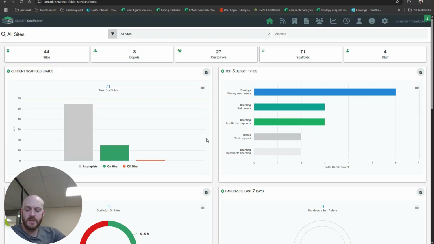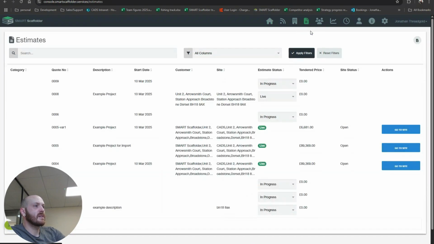In this video we're going to show you how to find and how to use the new Estimates tab in Smart Manager, which is our first integration between Smart Estimator and Smart Manager. So on the Smart Manager toolbar you'll now find an Estimates tab. You click into that, we'll be able to see the full list of projects that's available in the Smart Estimator